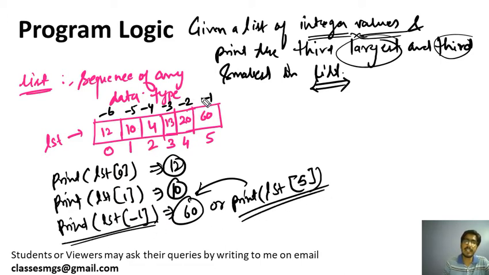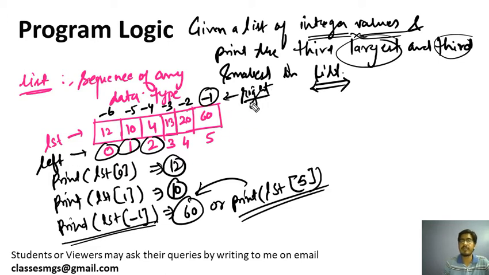Either you can use negative indexing or you can use positive indexing. Positive indexing starts from the left side and negative indexing starts from the right side. But remember that negative indexing does not start with 0. This is an important thing you should remember always. Positive indexing, which starts from the left side, always starts with 0. Okay, remember this. Now the logic is very simple here.